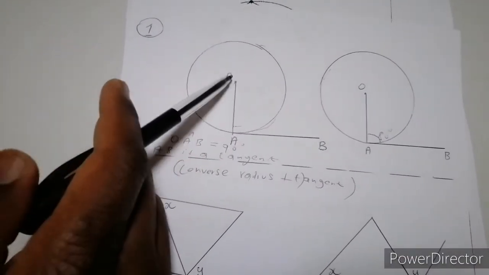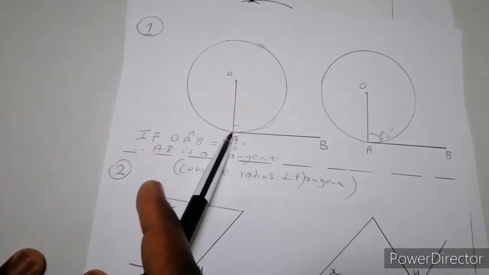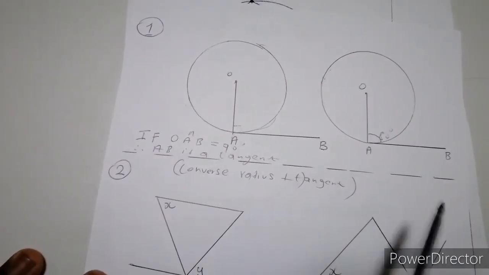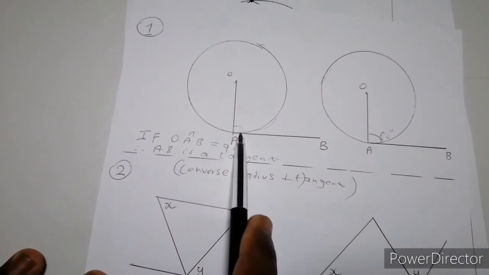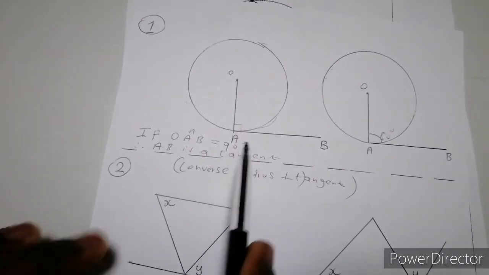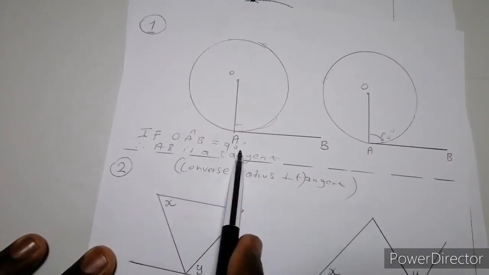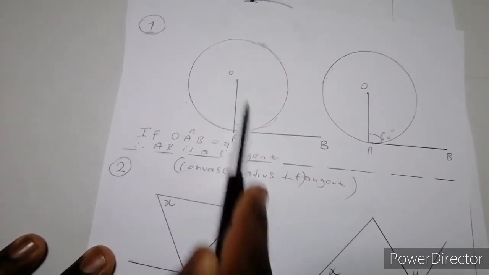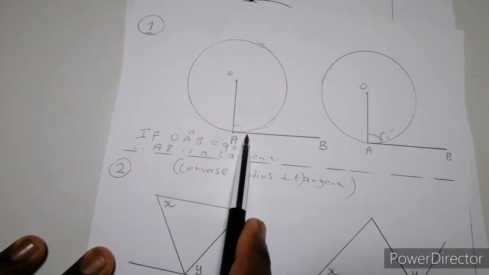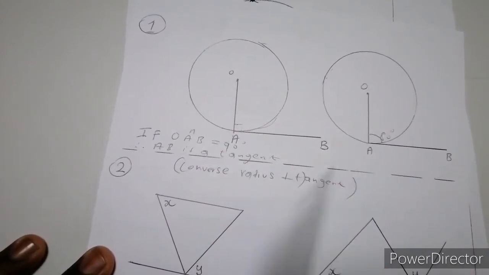Because we know that the radius in connection with tangent form 90. But we were not given that this angle is 90. Now we can use it to conclude that AB is a tangent because this angle OAB is 90. Clear? That is the first thing. Second thing,